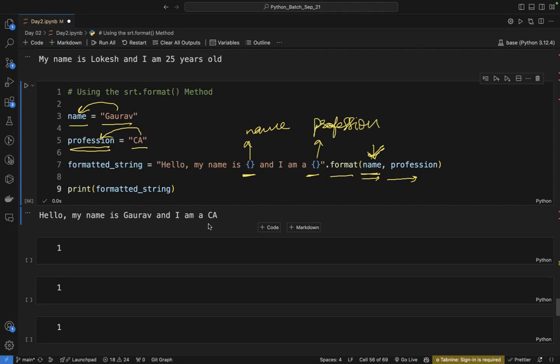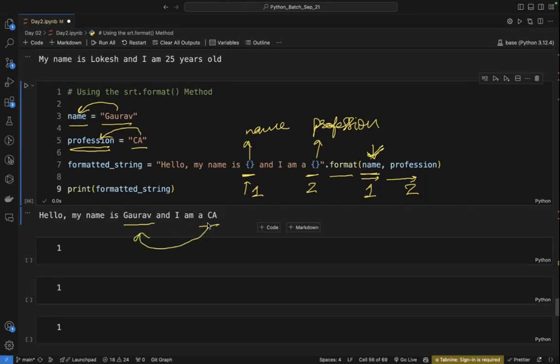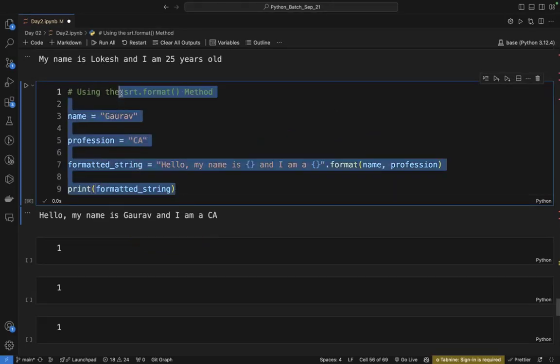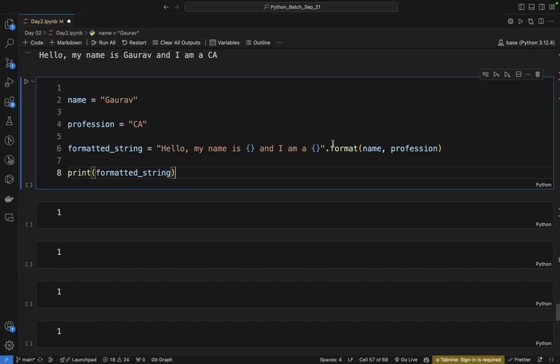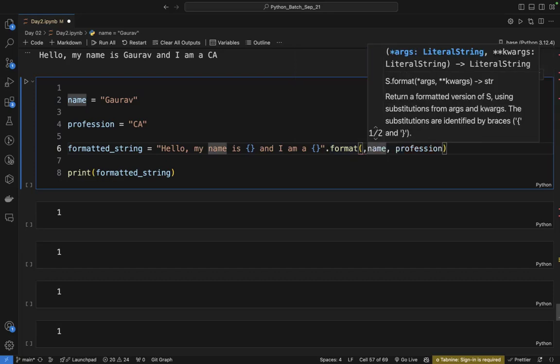तो फर्स्ट मुझे कौन सा वेरिएबल चाहिए, नेम चाहिए फर्स्ट, सेकंड मुझे कौन सा वेरिएबल चाहिए यहाँ, प्रोफेशन। तो मैं उसी ऑर्डर में यहां लिख दिया, नेम लिख दिया, सेकंड ये लिख दिया। अगर मैं यहाँ पे ऑर्डर को चेंज कर दूं तो ये लिखा हुआ चीज भी चेंज हो जाएगा, ये सीए यहां आ जाएगा और गौरव यहां चला जाएगा। उसको भी हम देख लेते हैं एक बार।